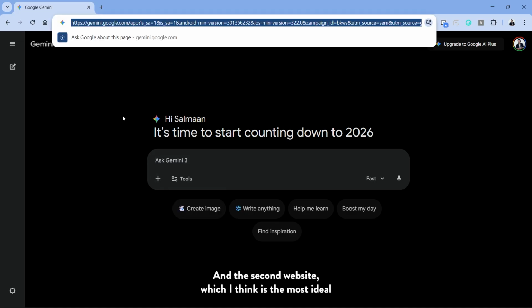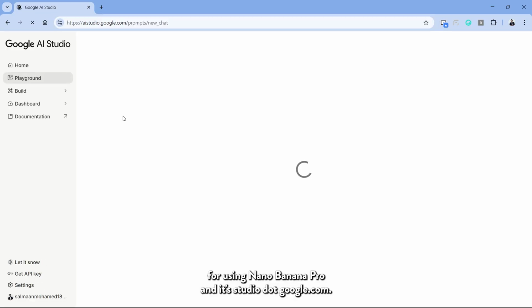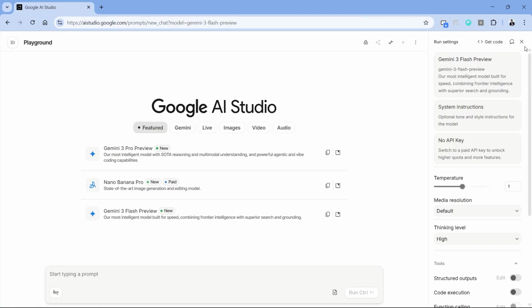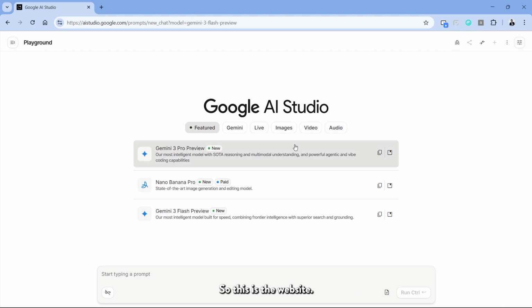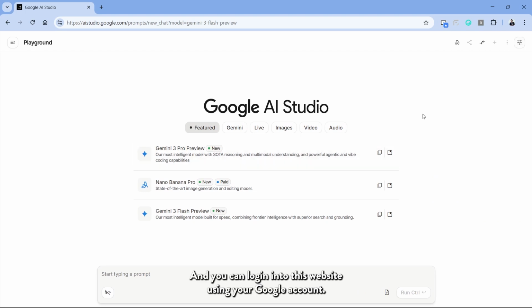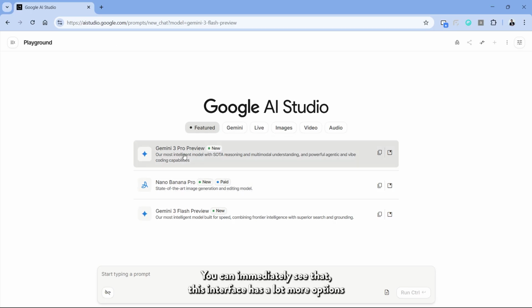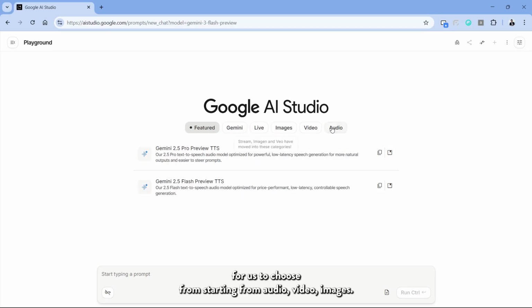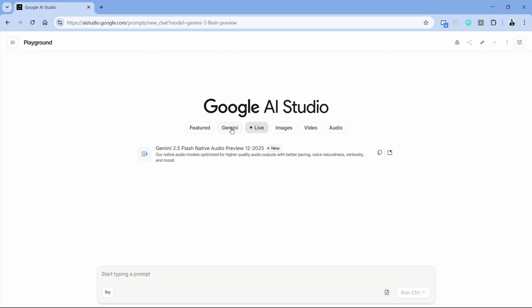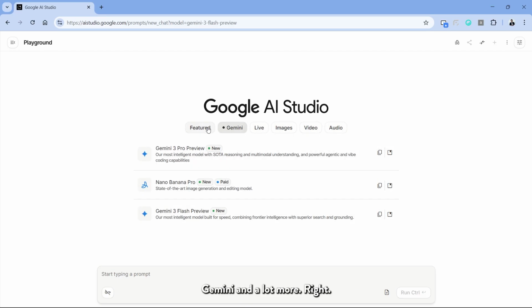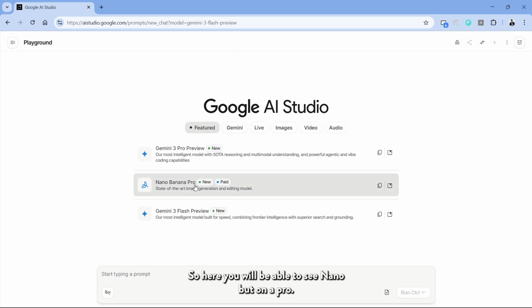And the second website, which I think is the most ideal for using Nano Banana Pro, is aistudio.google.com. So this is the website, and you can log in to this website using your Google account. You can immediately see that this interface has a lot more options for us to choose from, starting from audio, video, images, Gemini, and a lot more. Right. So here you will be able to see Nano Banana Pro, and also you can see that it's a